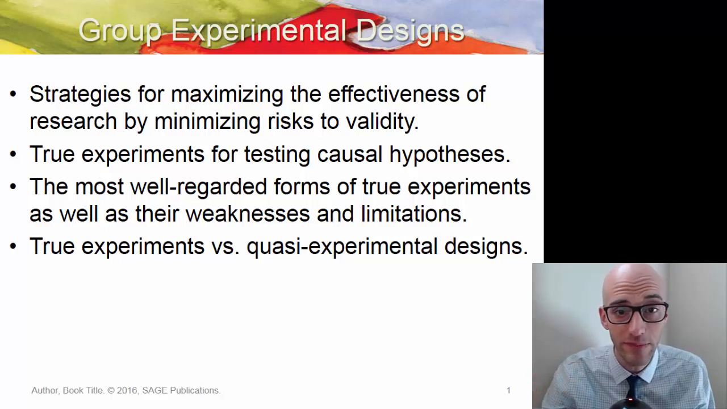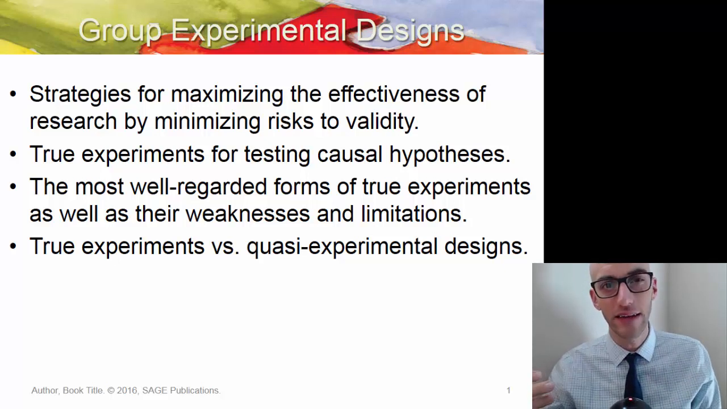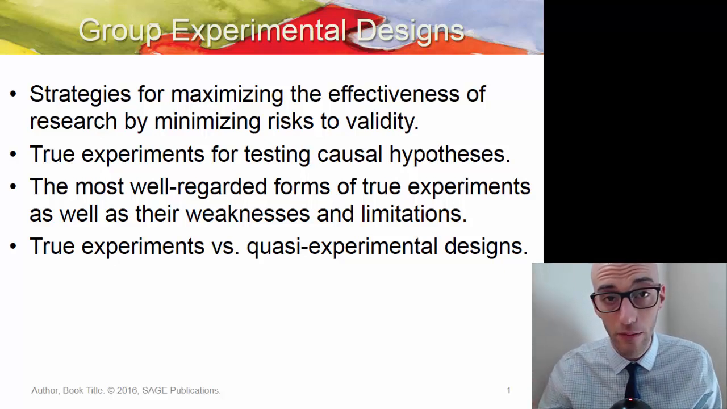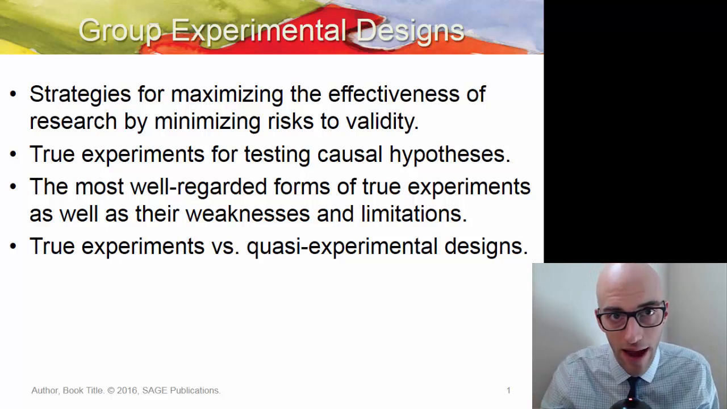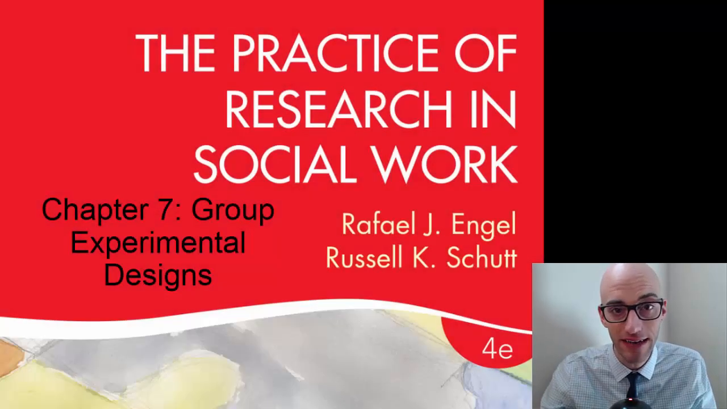I'm also going to cover true experiments for testing causal hypotheses. So in the previous video, we talked a lot about causality. One of the strengths of true experiments is that we can actually give some kind of insight into causal relationships that we can use to hypothesis test. I'll also cover the most well-regarded forms of true experiments, as well as their strengths and weaknesses, and hit on the main differences between true experiments and quasi-experiments. So the material in this chapter, again, is going to be covering chapter 7 of the ENS book,